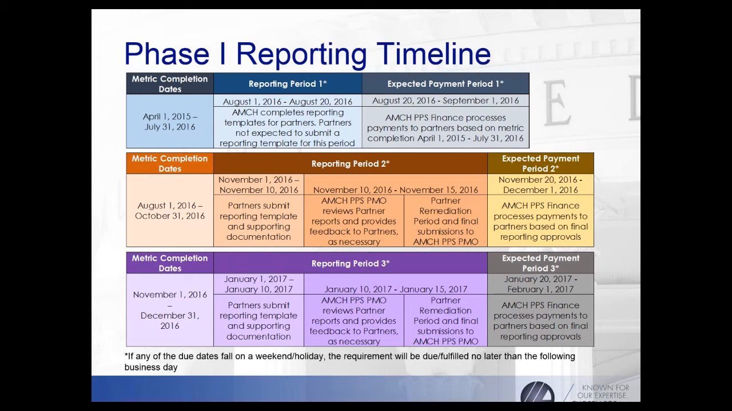Then the next reporting period, the completion dates for that reporting period, is August 1st, 2016 through October 31st, 2016. And the reporting period for that is November 1st through November 10th. So November 10th is essentially the final due date for everything to be complete. And you have to have submitted your reporting templates by then with all of your supporting documentation for that time